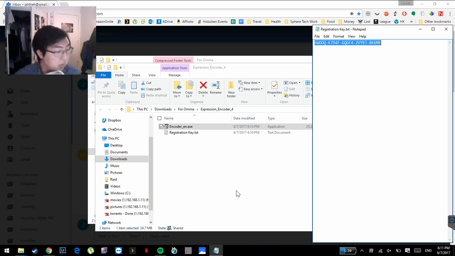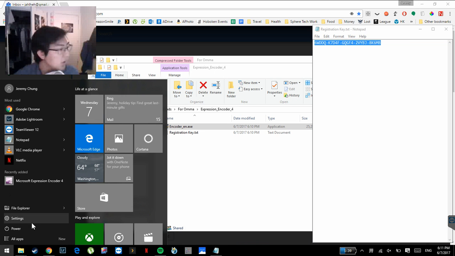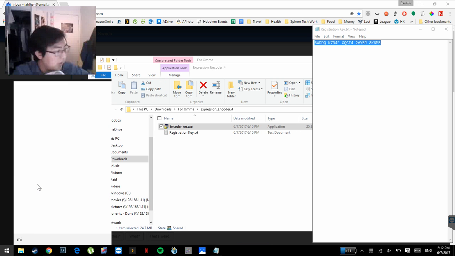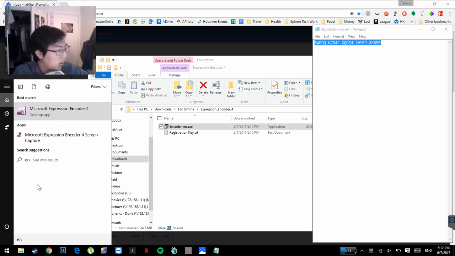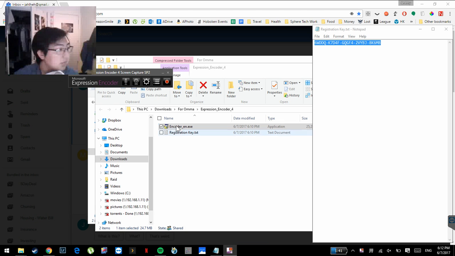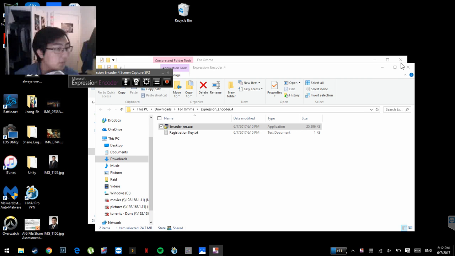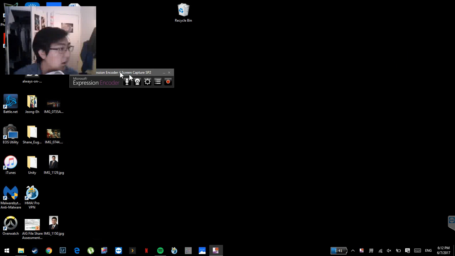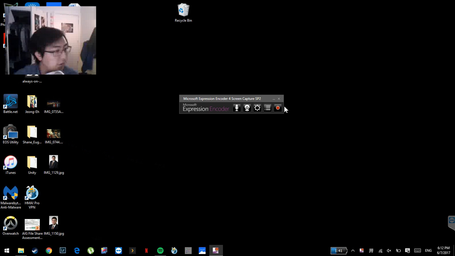All right, now we've installed it. Cool. So let's search for it. Here we have it automatically, but if you don't, you can just type in encoder. That's going to be there. The first thing we're going to open is the screen capture one. So look for the one with the red dot. Click on that. Cool. I'm just going to get rid of everything else. All right. So if you look here at this beautiful thing, there's a few buttons up top,